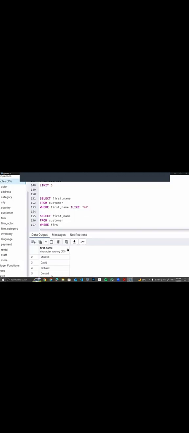So I'll say where first name like what? Remember, I still want it to end with letter D. But this time around, I don't want just any number of letters before letter D. I want just one letter. So I'm going to use the underscore or the dash symbol to specify that letter. I'm saying dash, meaning any letter can be there, just one letter. So if I run that query now,